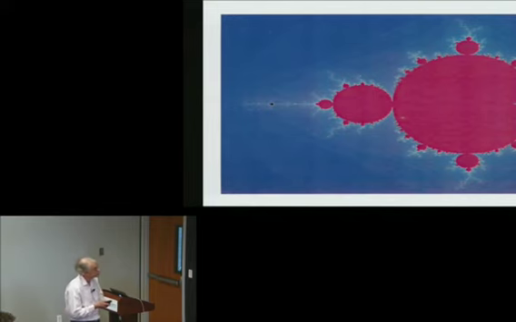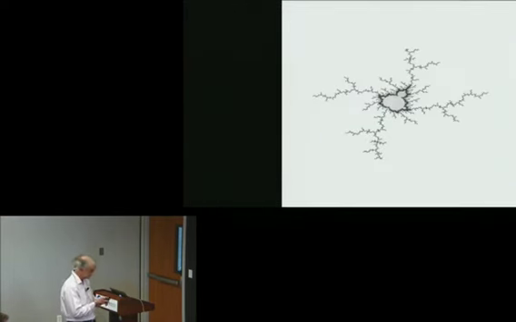These copies are called satellite copies. They attach to the main cardioid. But there are many, many copies. Here is the most visible copy which is not attached to the main cardioid. Still small here, but they are all over the place. If you start to magnify, eventually you will hit some little copy of the Mandelbrot set, which looks exactly like the original Mandelbrot set. Let me show you just one of these copies coming from somewhere.